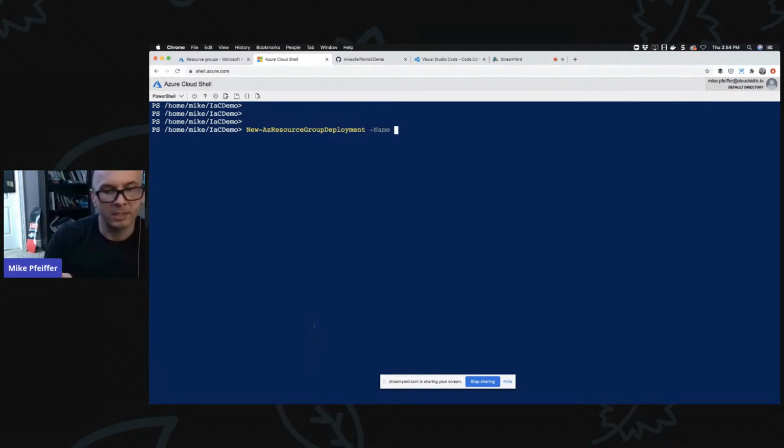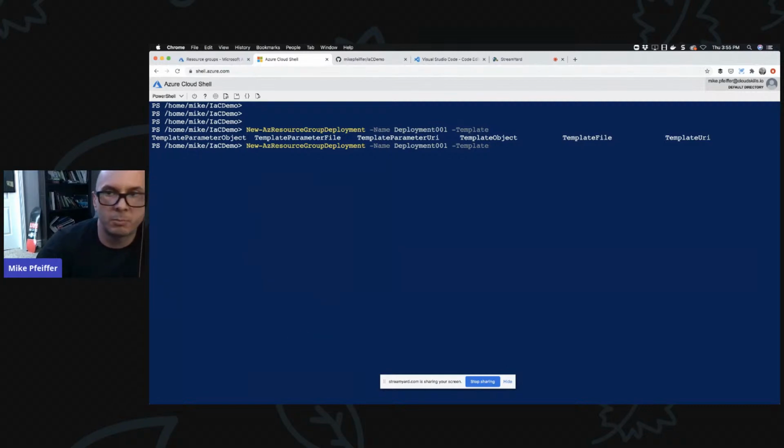Remember I was talking about that customer before where it's like, hey, you need to open a security group rule. That's a template change and a new deployment, right? So it was a constant incremental thing. So we want to name the deployment so we can track them. So I'm just going to call it deployment 001. Then we need to fill out the rest of the parameters to tell it what template to use, what resource group to go in, and so forth, right? So watch, I type template and hit tab.